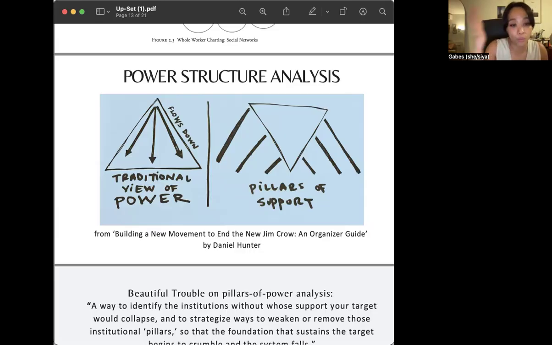And here, to the right, we see that the foundation is inherently unstable. With this upside down triangle, we understand that the powerful are powerful, but they are not all powerful. They're only powerful because of their stakeholders, their donors, their customers, even their workers, which might include some of us or some of our friends or family. And their social systems, or their pillars of support, as we can see in the chart, are the ones who keep them in power. Even we keep them in power,